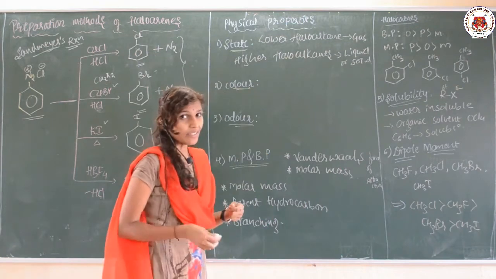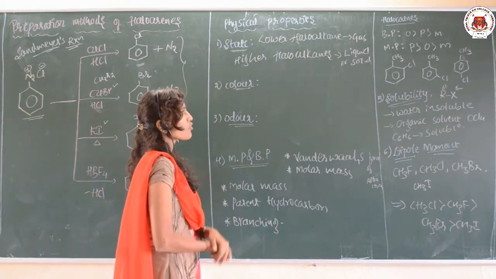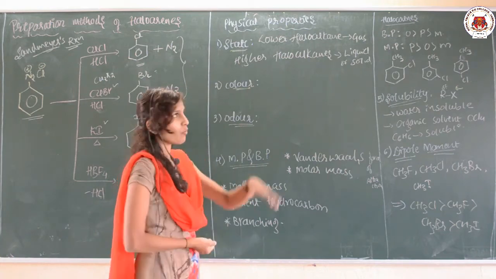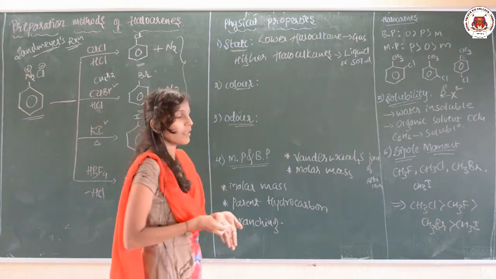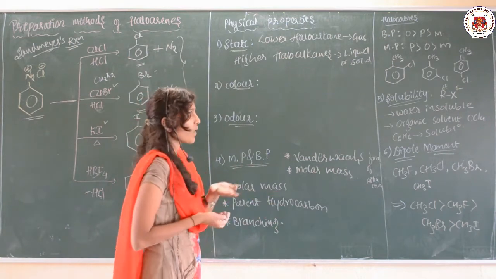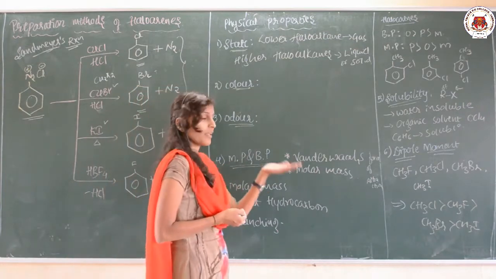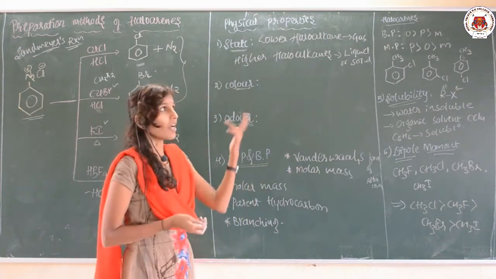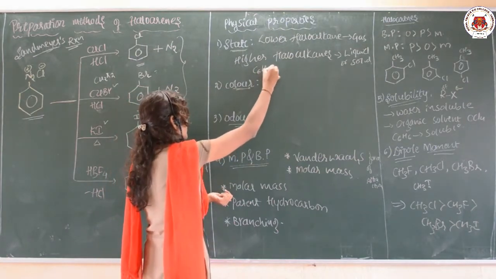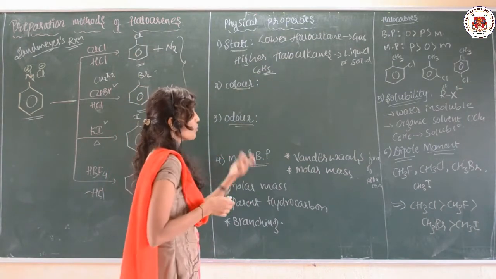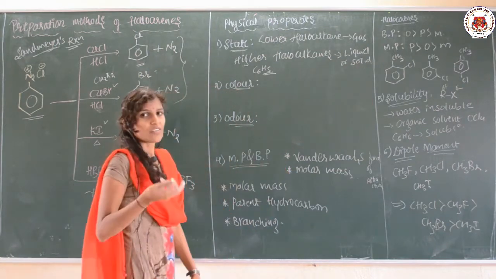Are you getting what I am telling? The higher compounds will be in the solid or liquid form, while the lower haloalkanes are available in the gaseous form. This is regarding the state. Even the haloarenes, whose formula itself includes C6H5 because the benzene ring is included, will also be present in either the solid state or the liquid state.